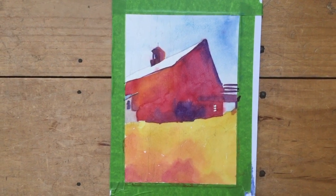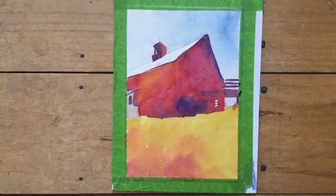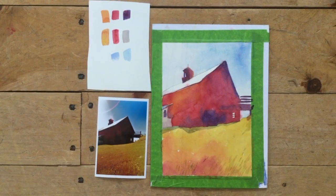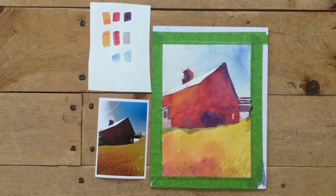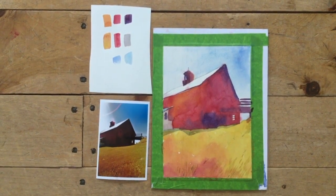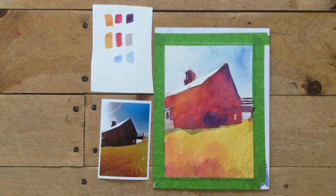Here's a final painting, but I realized that I had left out a shadow, and you'll see the next shot. You'll see the original photograph, my value dabs, and a shadow that I place underneath the barn. There we go. So that's the painting, which is much more vibrant in real life, but that's the best I can get with my camera. So remember to keep the whites of your paper white, which I did, and your paint's wet,